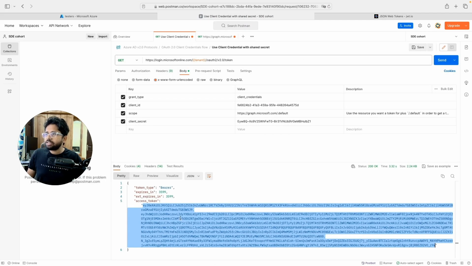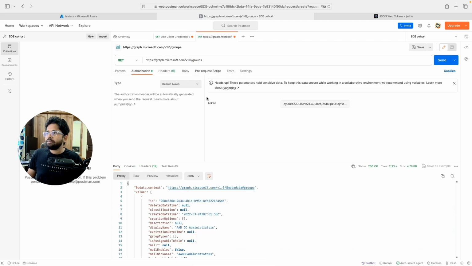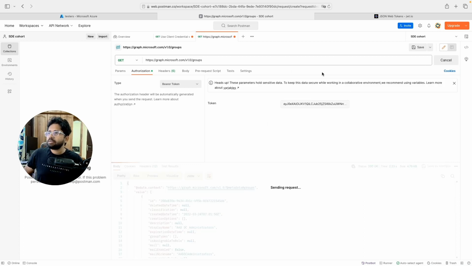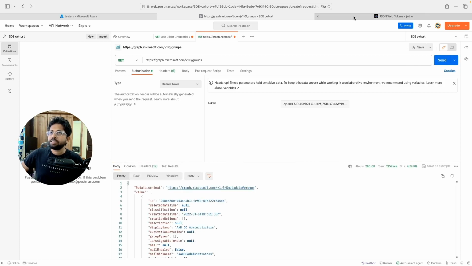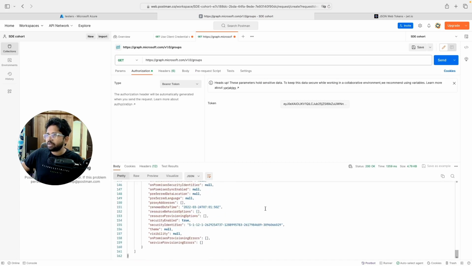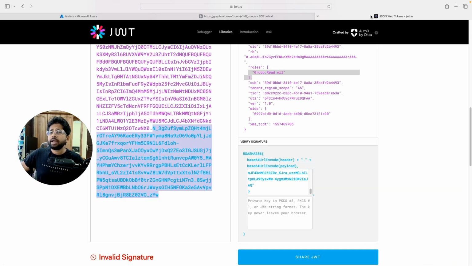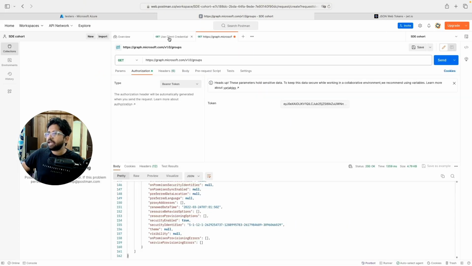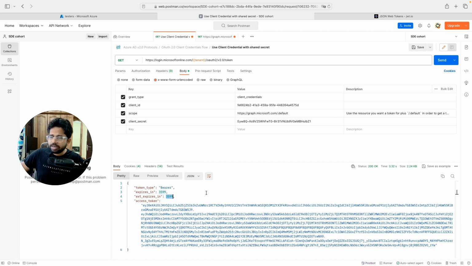Now I can copy this token and then make some API calls to get the data. So basically I can go here in my request header, I can pass the token and I can make the call, whatever slash groups, because it said that I'm allowed to make the groups.read call. So I'll be able to make that call to get the data. And it is valid till a particular time. The valid time here is mentioned as 3599 seconds, which is exactly 1 hour. This token will be valid for 1 hour, and for 1 hour I'll be fine. So after 1 hour I have to refresh the token.